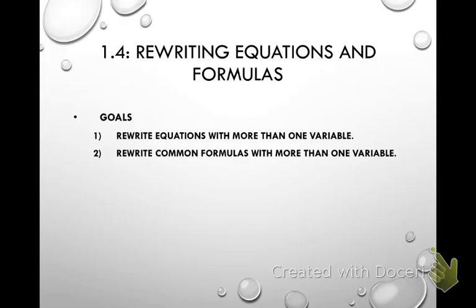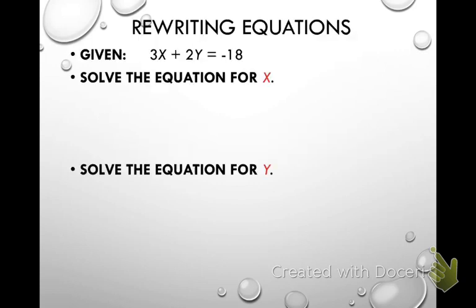All right, 1 for foundations, writing equations and formulas. Couple goals: rewrite equations with more than one variable, and then rewrite common formulas with more than one variable. Basically just being able to manipulate any sort of equation to where you can solve for a particular value, whether that be an x, a y, or with a regular common formula that you may or may not have seen before. So if you're given that 3x plus 2y is equal to negative 18,